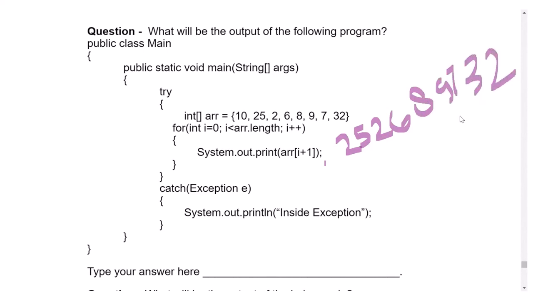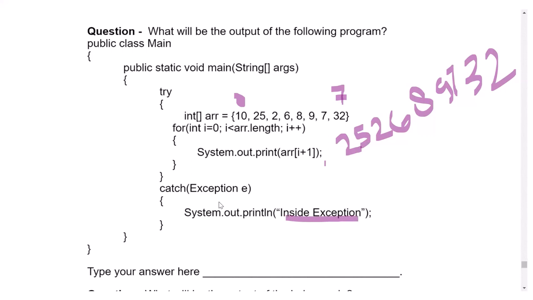Okay, after this, you can see here the range can be 0, 1, 2, 3, 4, 5, 6, 7. Max can be 7, and here it is going till just less than array length. Array length is 8. It means in the last iteration i will be 7. And here we will call array[8], because 7 plus 1 is 8, and there is no element with index number 8. At that point an exception will occur and the output will be inside exceptions.